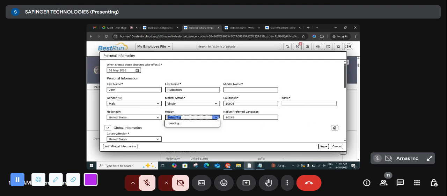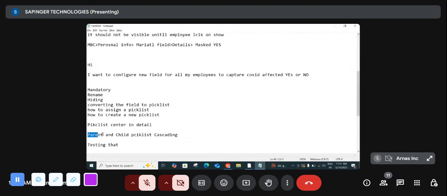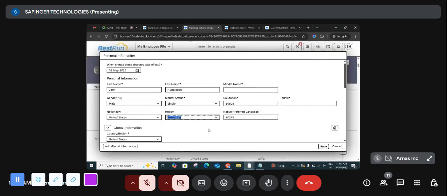So based on this selection, the other field values will be filtered. This type of functionality is called parent and child picklist or cascading picklist. Understood? It means cascading picklist functionality will work if there are two fields which have a dependency on each other. Okay,